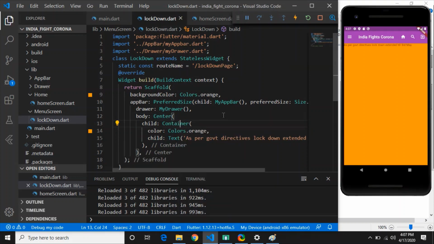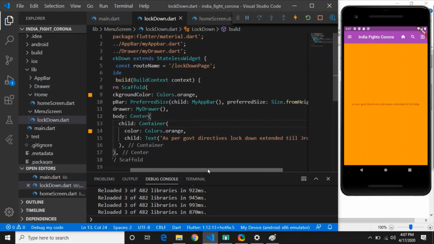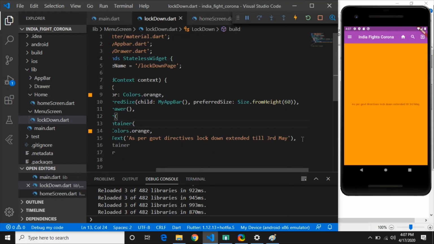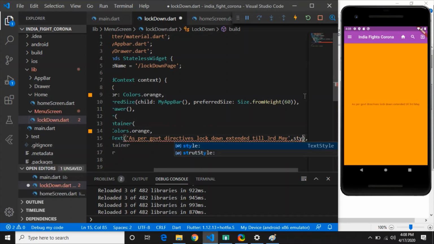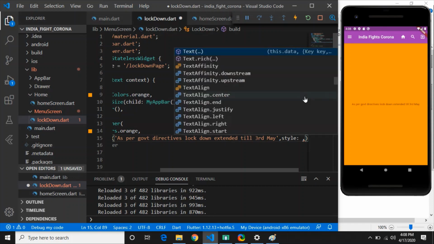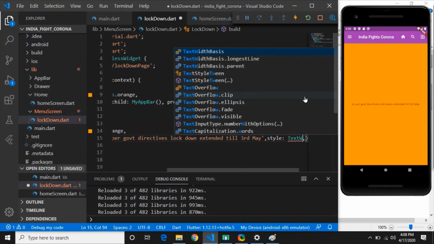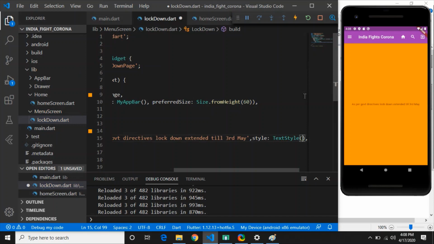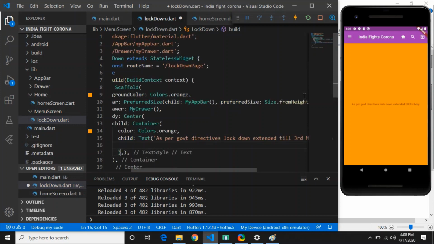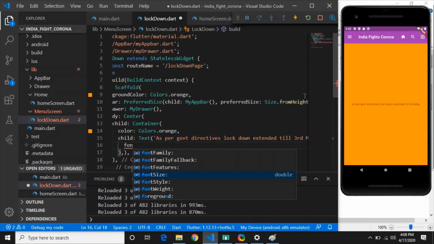Now I want this text a little bit thicker, I mean bold. So I will give a comma, I will write style, and style will always be wrapped in TextStyle, and TextStyle has multiple options. Press escape to avoid. So the first option, let's say fontSize, let's say font size is 20.